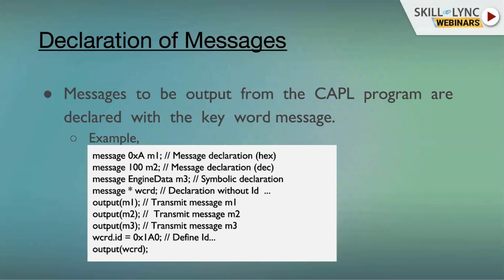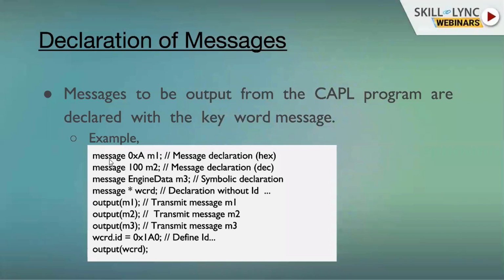Coming to the messages, a message may be anything. You may have it saved in the database, or if you didn't save anything, you can directly write message 0xA m1.